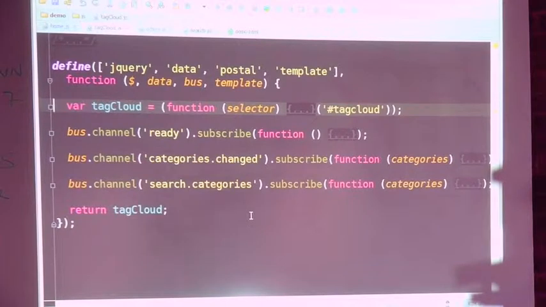You can see that I'm doing a couple of interesting things. The first thing I'm doing is setting up the code that's actually going to control the UI in the tag cloud, and I assign that to this tag cloud variable. And then the next thing I do is set up some subscriptions to things that I am interested in on the message bus. The first thing I'm interested in is when the message bus tells me that the application is ready. The second thing I'm interested in is when the message bus is going to tell me that the categories